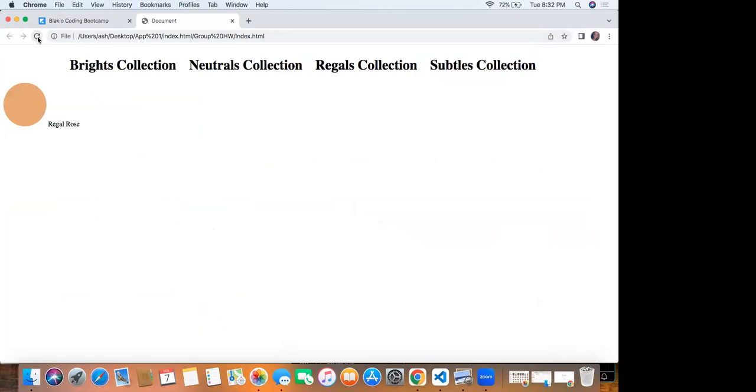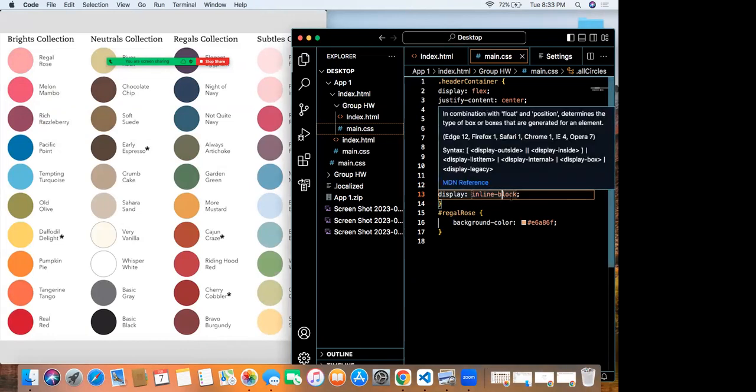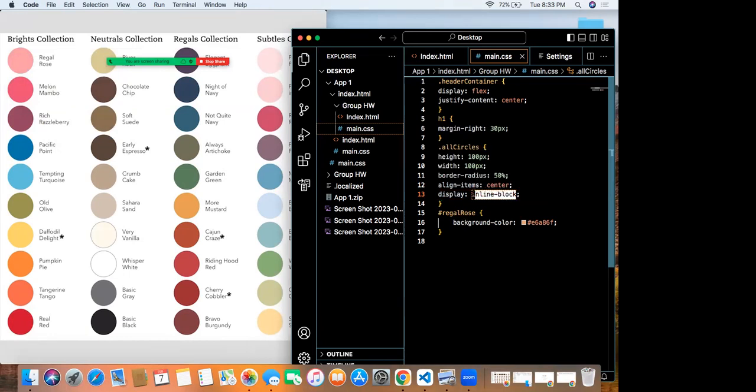Okay, so it was a block by default and it occupies the entire thing, so making it an inline-block makes it side by side, in line. Exactly. Is there a way to make it top and bottom that still has it in the block? That would just be block. Yeah. I just want to see it.